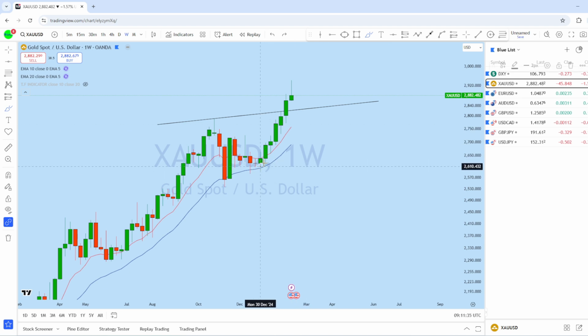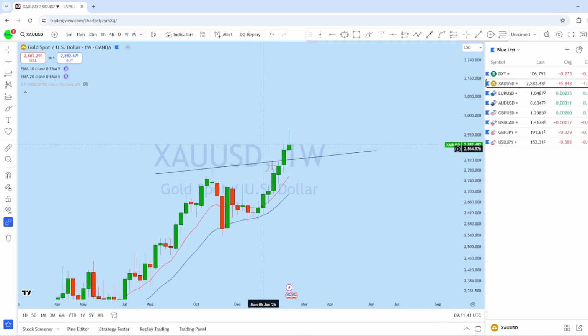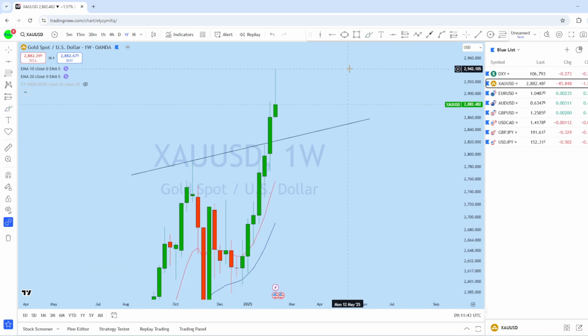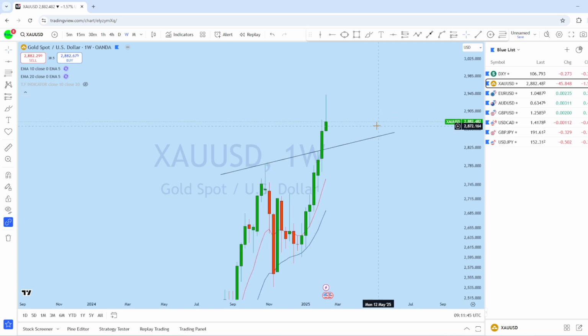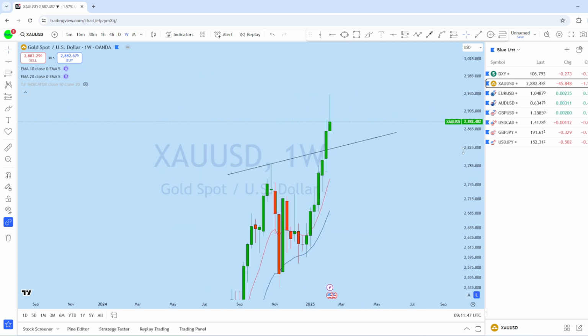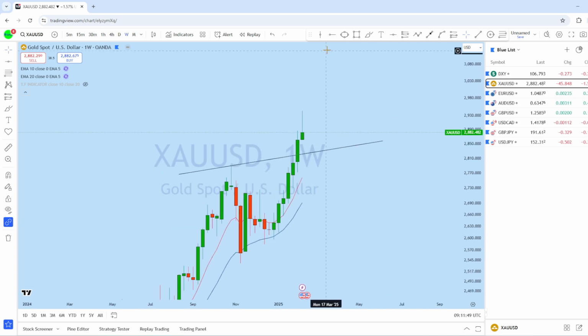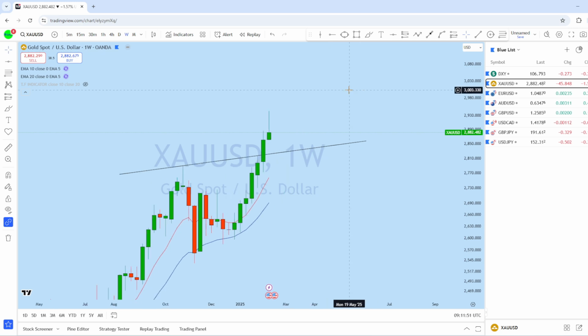Now we have seen that for quite a few weeks the market is in a bullish trend, and in that bullish trend past week we saw a long weekly candle. Now bulls might think of buying from that level, but what I think is that there is a probability for further downside here for a deeper liquidity grab.